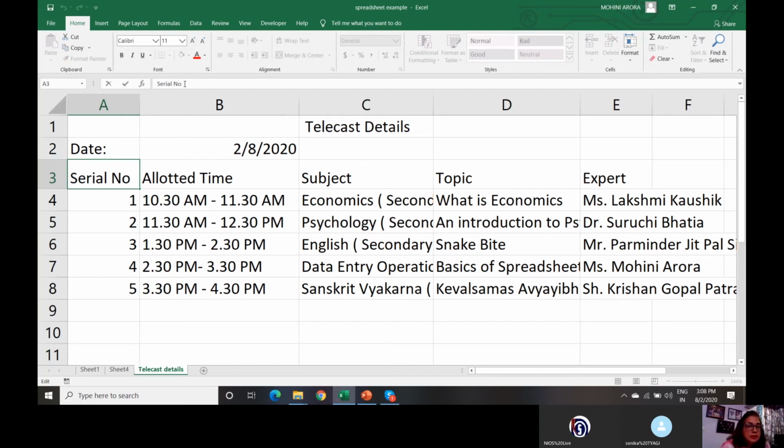You will see that the cursor appears and you can make the partial change. It becomes serial number. Right? So this is how you partially change the content of the cell, or you completely change the content of the cell. Whatever manner suits you.